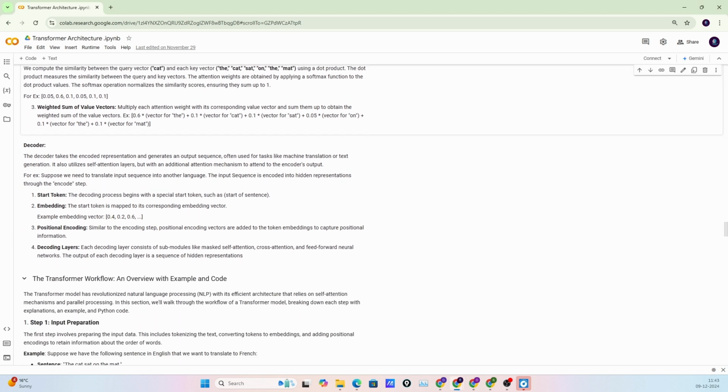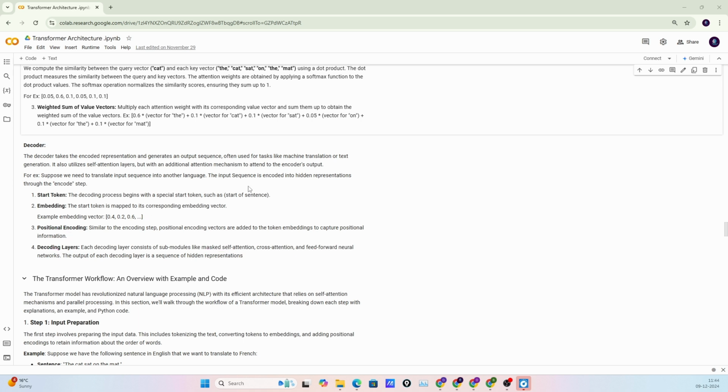Then the hidden representation is passed to the decoder layer, and in the decoder layer we again have similar logic, starting from the start token, which is a special token in the decoder. In the original transformer architecture, we have special tokens from which the decoding starts. Then again we use the similar tokenization and embedding mechanism as I discussed in the previous section, similarly positional encoding, and then the decoder layer. In the decoder layer we have masked self attention, cross attention, and the feed forward neural network. This way the transformer works.